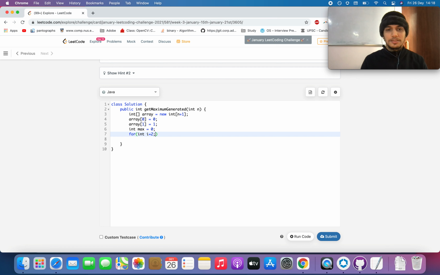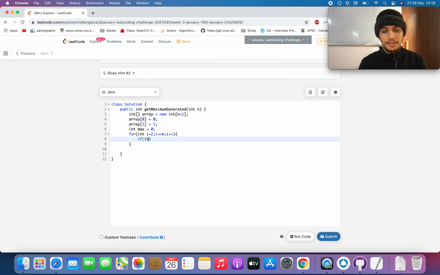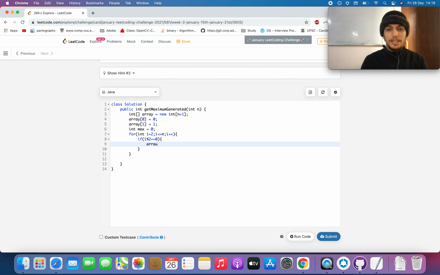Maximum equals 0, i equals 2 to n, i plus plus, and let's check if i modulus 2 equals 0, that means it's even. What will be the value at this index? Equal to the value present at the i by 2 index.